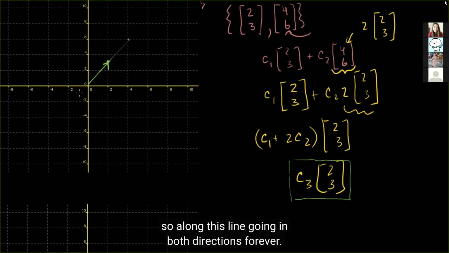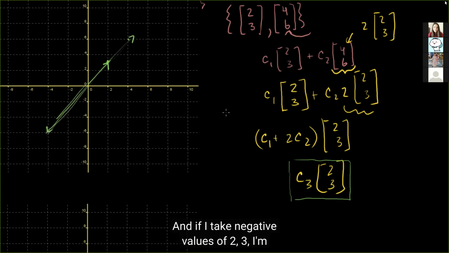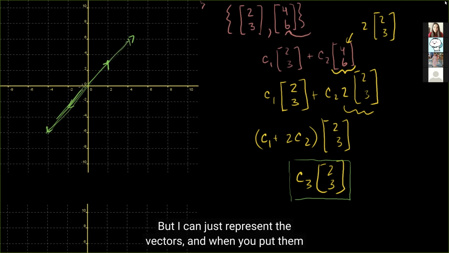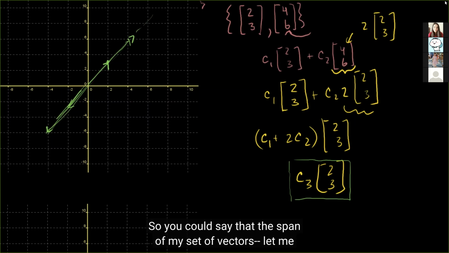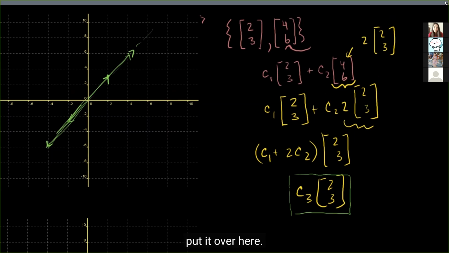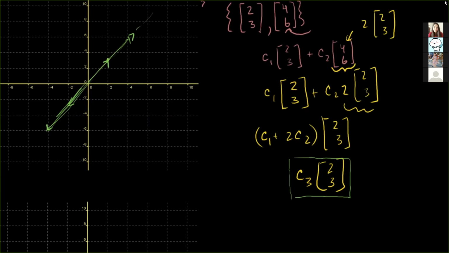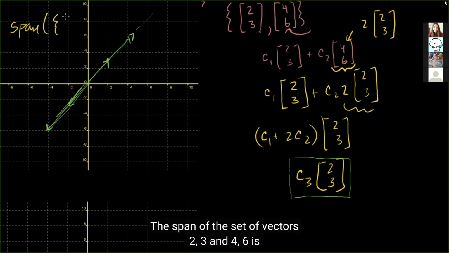So along this line, going in both directions forever. And if I take the negative values of 2, 3, I'm going to go down here. If I take positive values, I'm going to go here. If I get really large positive values, I'm going to go up here. But I can just represent the vectors, and when you put them in standard form, their arrows essentially would trace out this line. So you could say that the span of the set of vectors 2, 3, and 4, 6